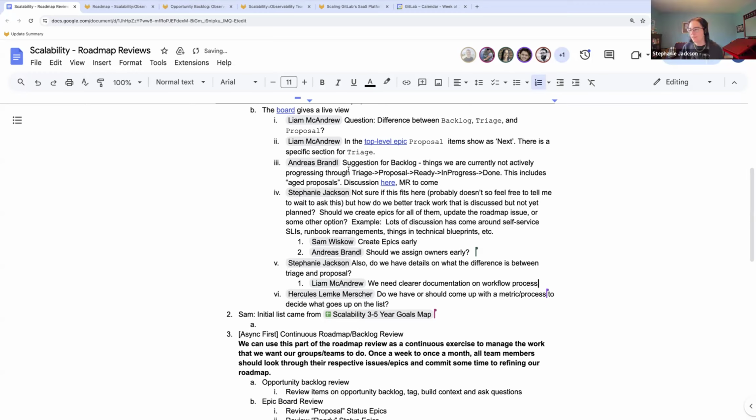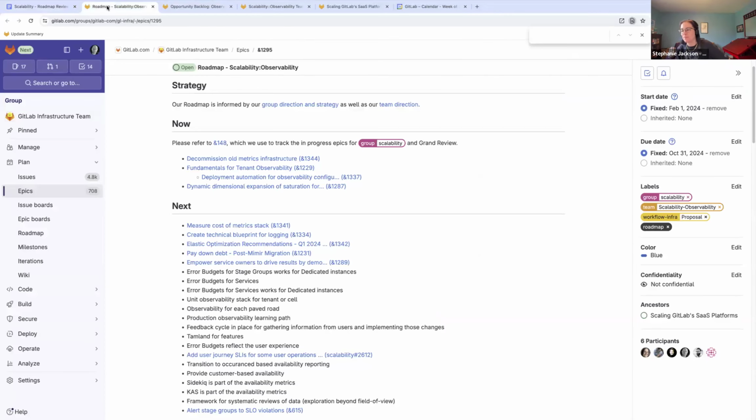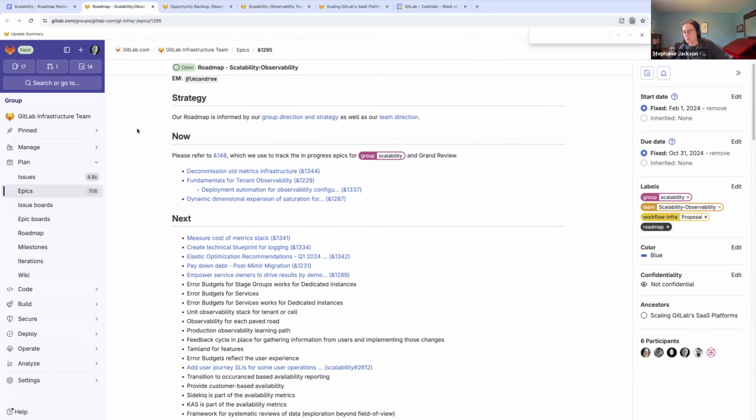Yeah, it doesn't make any sense to limit. For example, Andreas is the DRI for the tenant observability. I would expect he's also the DRI for whatever the next tenant observability piece is coming up. And I would imagine that he would do planning at the same time. Theoretically, if I was further along, logging would probably fall into the same sort of bucket. We're working on a technical blueprint, but also there's another epic that's going to come that says, do the work.